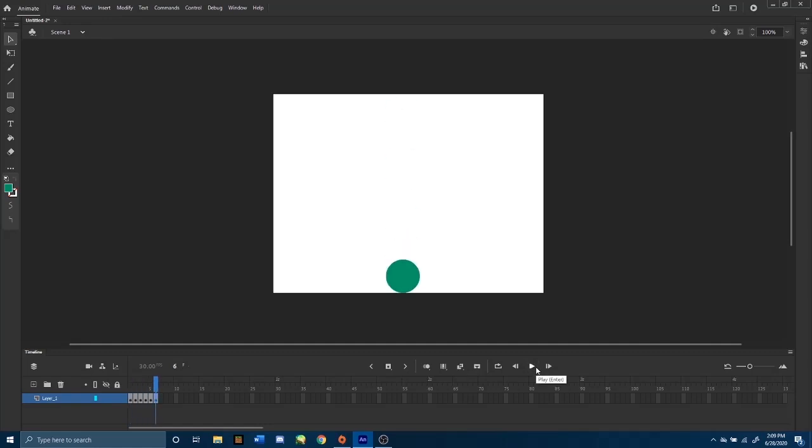Now we have a ball, and it falls pretty hard and just drops like a rock, and it doesn't bounce. To create the bouncing effect, that is where the squash and stretch method comes in. We are going to add another keyframe. This is going to be actually the keyframe